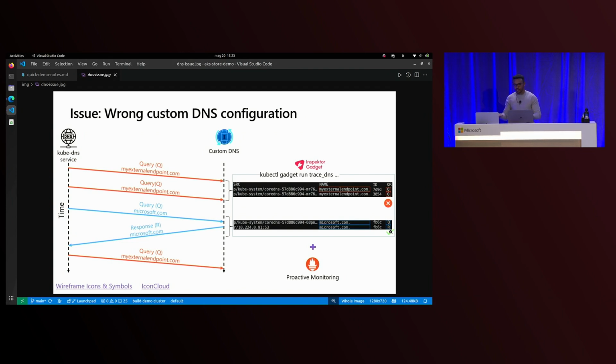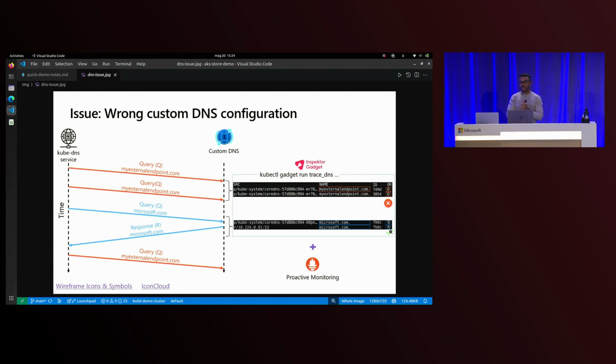This is the worst case scenario that you can encounter, where you need to troubleshoot an issue in real time. But the idea is that you try to instrument your system to identify those issues proactively, so monitoring. For instance, you could use Inspector Gadget also to create a custom metric that tells you every time there is a response failure from the upstream DNS.